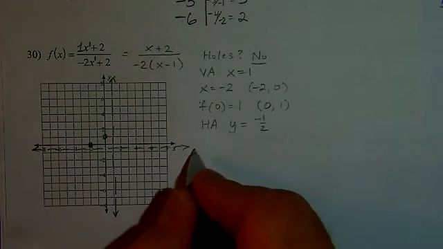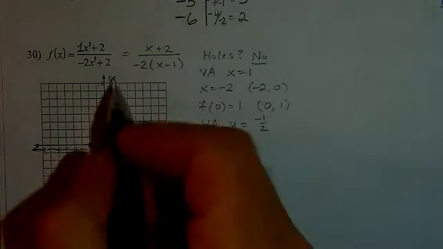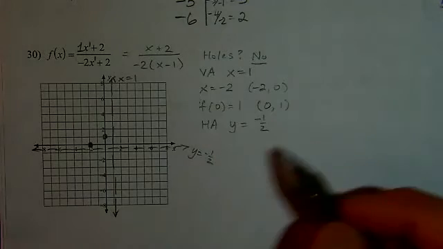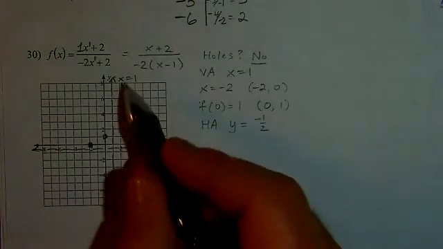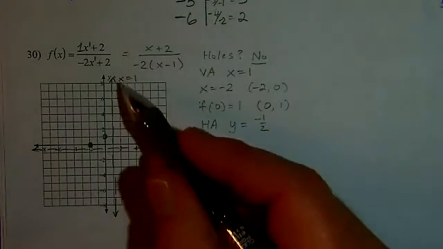So this is our horizontal asymptote, y equals -1/2. And this is our vertical asymptote, x equals 1. Okay, so these are all the features of the graph that we need to identify. We now can see that there is a sort of a new grid created by the horizontal and the vertical